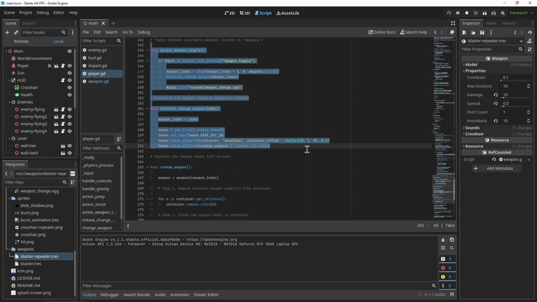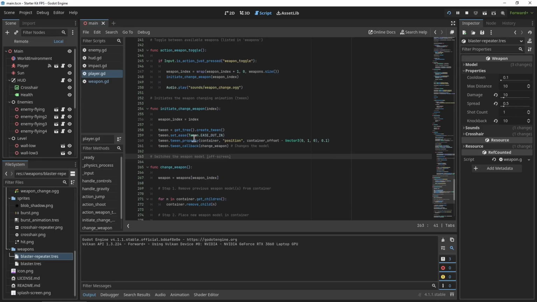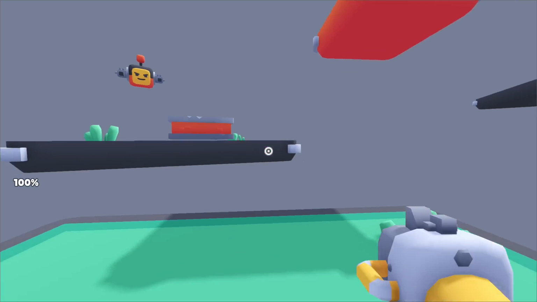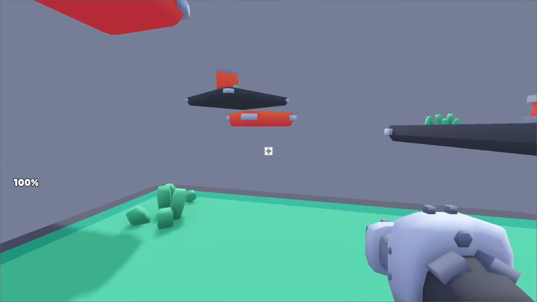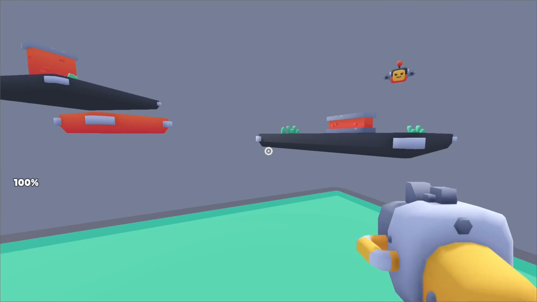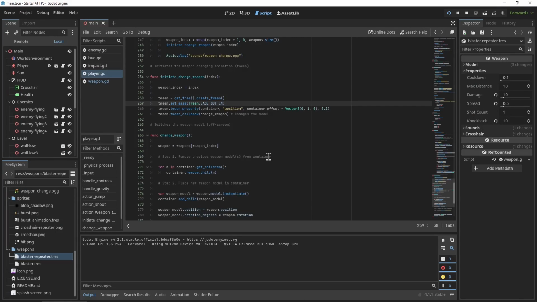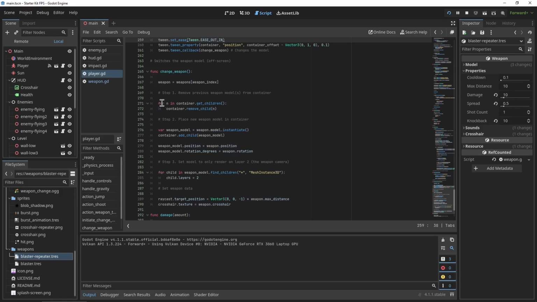And then after that we get a bunch of logic for changing the weapons. So you can see he uses a tween, an ease in and out for moving the weapon up and down. Let me show you. You see that little switch? It's just all in code with a little tween. Here's the actual changing of the weapon. He removes the current weapon, places in the new weapon, and sets that weapon position, and then adds it to